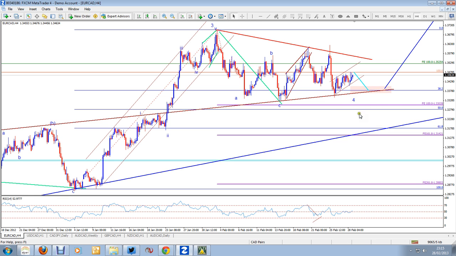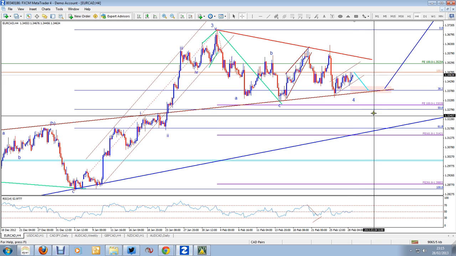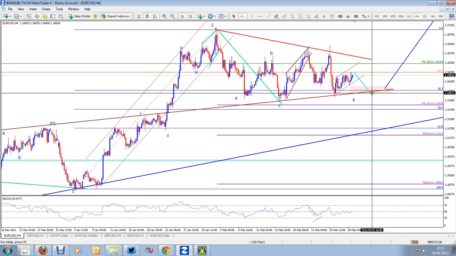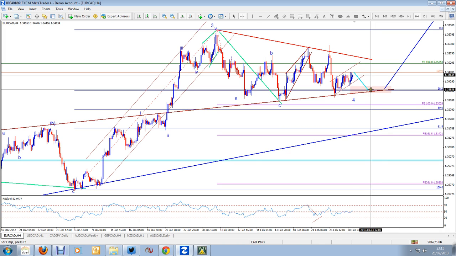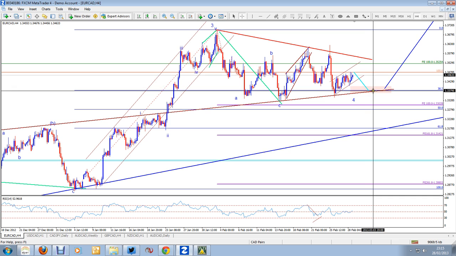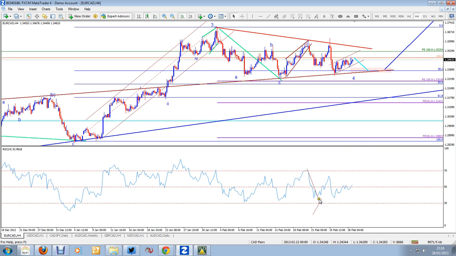But we might get a spike. That's the only thing, if we suddenly come down in a spike form. So that's why, although we enter anywhere between 133, if we round it up and say 133.50 to possibly a little bit lower, around the 133.50 to 133.75 area, that's where we think we will probably find an opportunity to enter. If you look at the RSI, then RSI on 4 hour